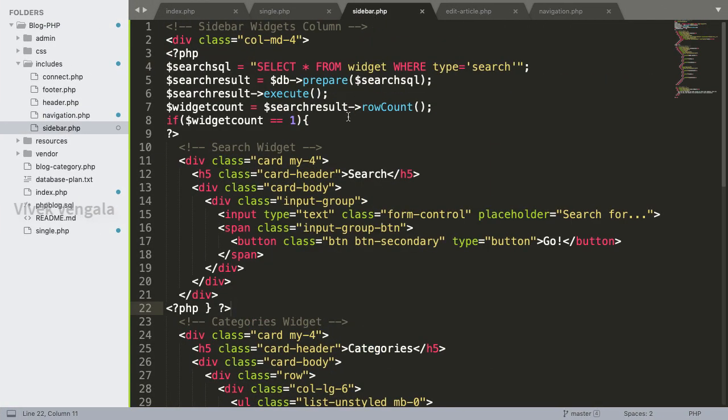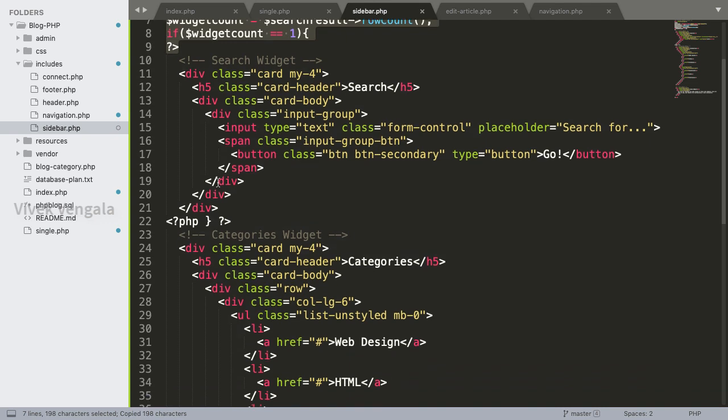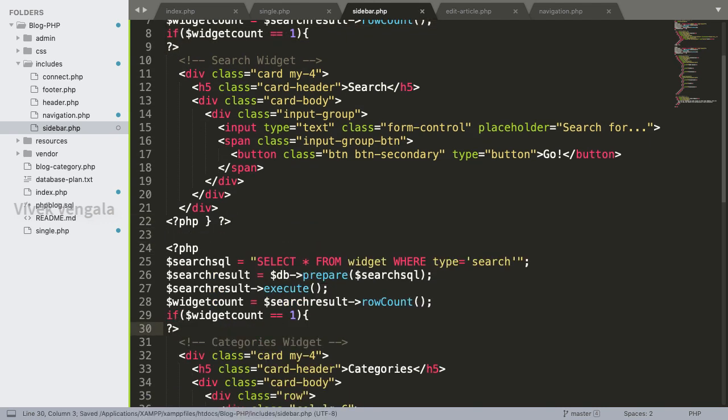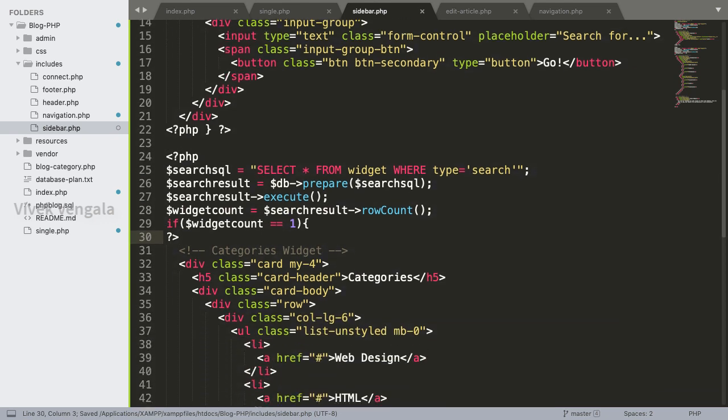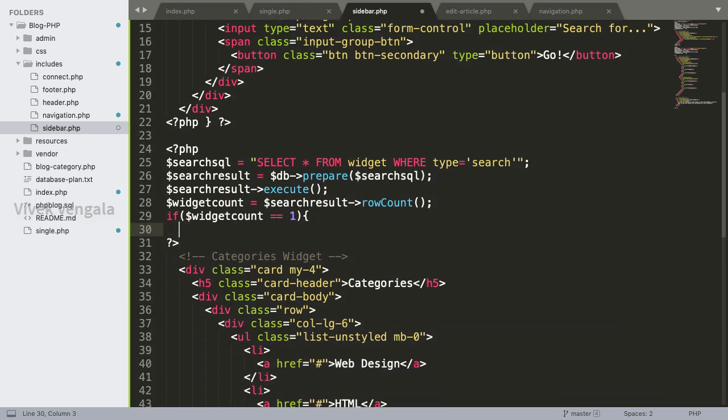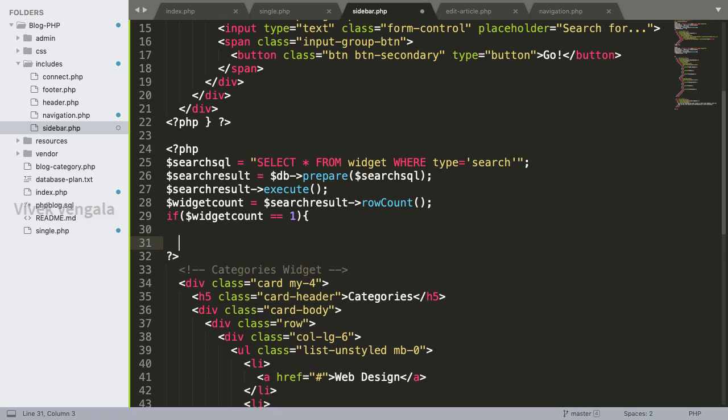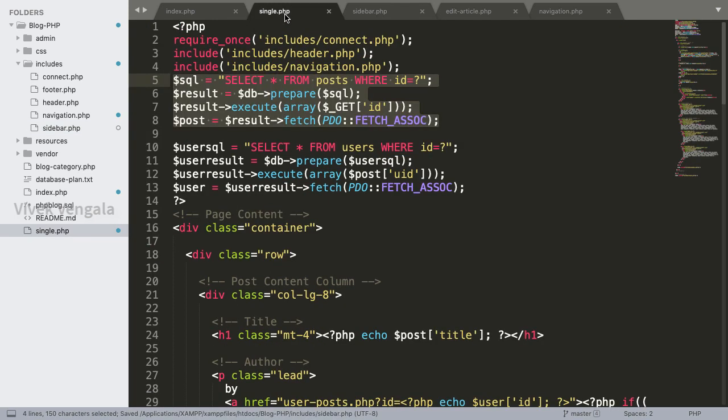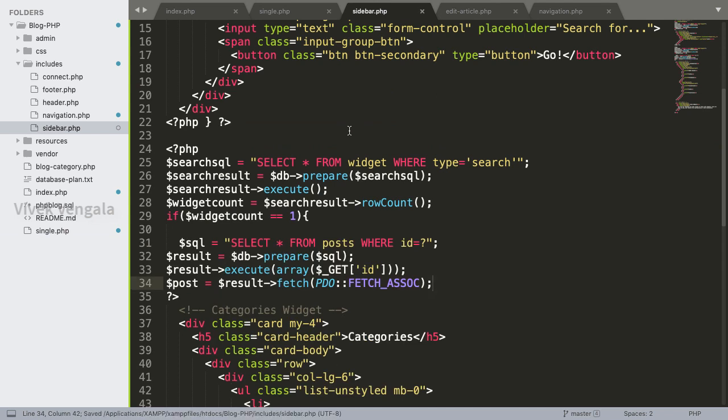Coming back to sidebar.php, I am going to paste it here. After reloading the page, this search bar doesn't appear because we don't have a search bar. We only have an HTML widget. That's the only thing that will be displayed. While working on widgets, I have created only an HTML widget, inserted into the widgets table, and